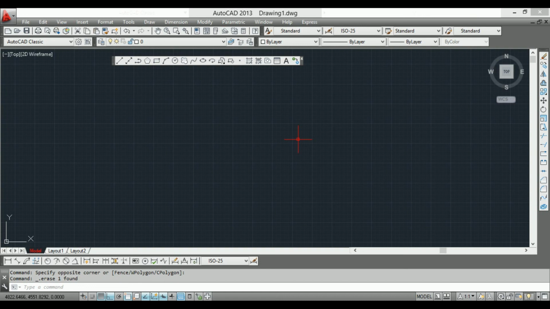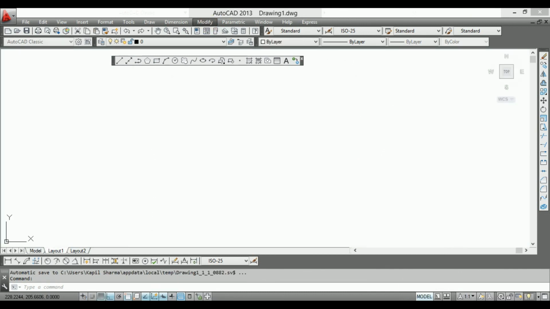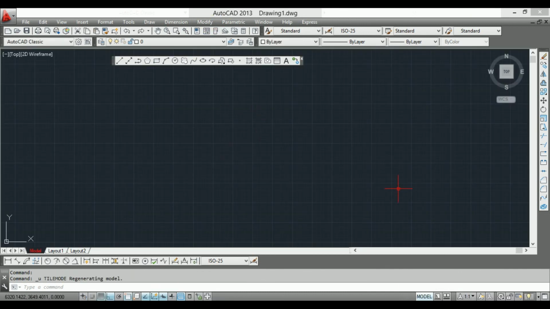I will tell you some more things. That is the snap tool. You can see this is the snap tool. This is infer constraint. This is grid. If you want to add grid, you can just click on grid.